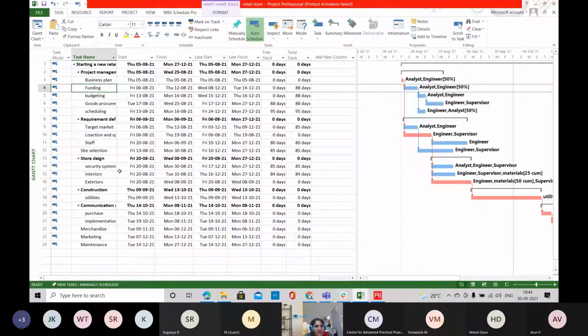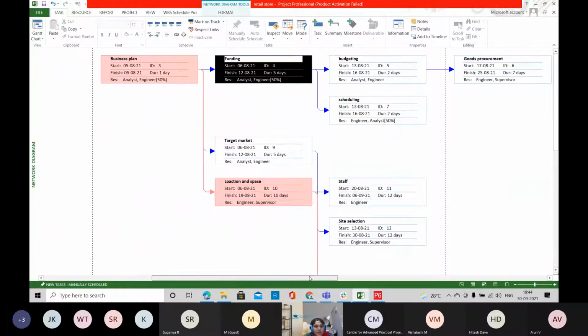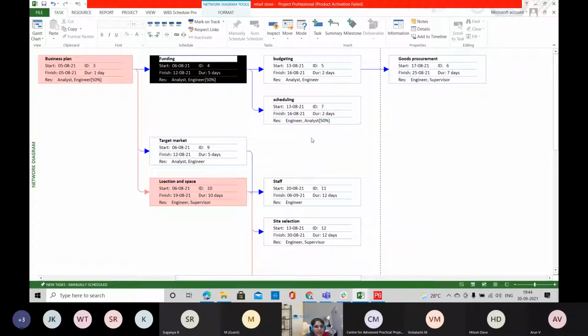Other than this view, you have the network diagram view wherein all your tasks are represented as nodes here, and the connections are also shown here. You can customize each and every node, and the information you want to share, you can customize here.